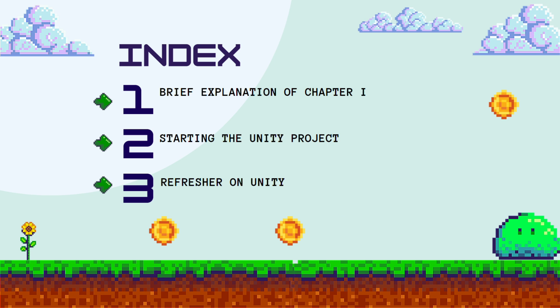So for the index for this chapter, first we will just have a brief explanation of chapter 1, second, starting the Unity project, and third, a very quick refresher on Unity as well as starting up on the 2D platformer